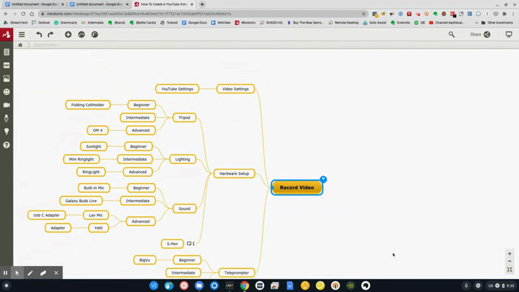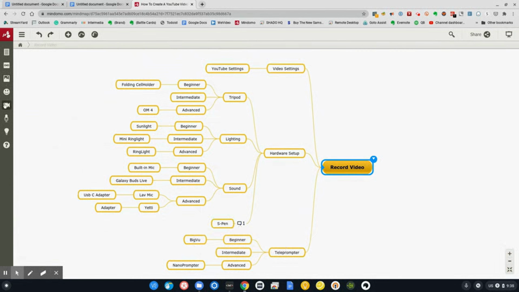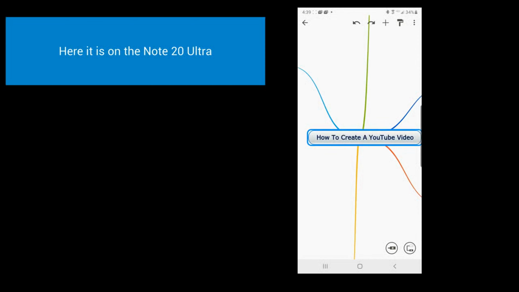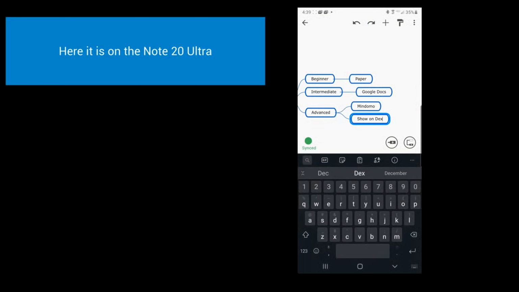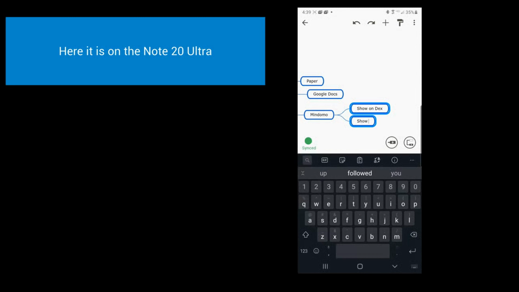And I can print it out and I can share it. You can add notes, add pictures, add audio, add video. This is my go-to program for getting the ideas out of my head and someplace where I can then work on them. I've put a link to a Google Doc template that will help you gather your thoughts. There's also a Mindomo mind map link that will help you as well.